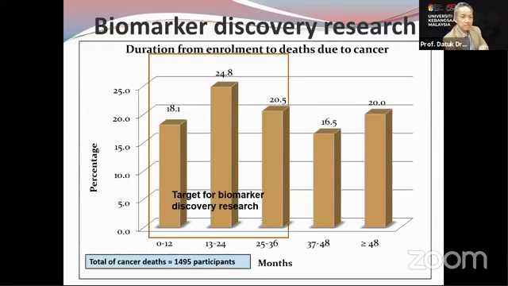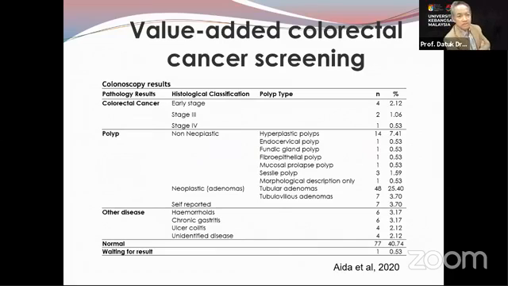And if you look at this particular graph, based on the cancer deaths, we can see the timing from enrollment to death. And if you look at the accepted nomenclature for discovering biomarkers, deaths that happen within 18 months of recruitment are the best kind of specimens to look at for early biomarkers if you use proteomics, metabolomics, or even epigenomics. So we have also included a value-added colorectal cancer screening for our cohort and simultaneously collect stools for